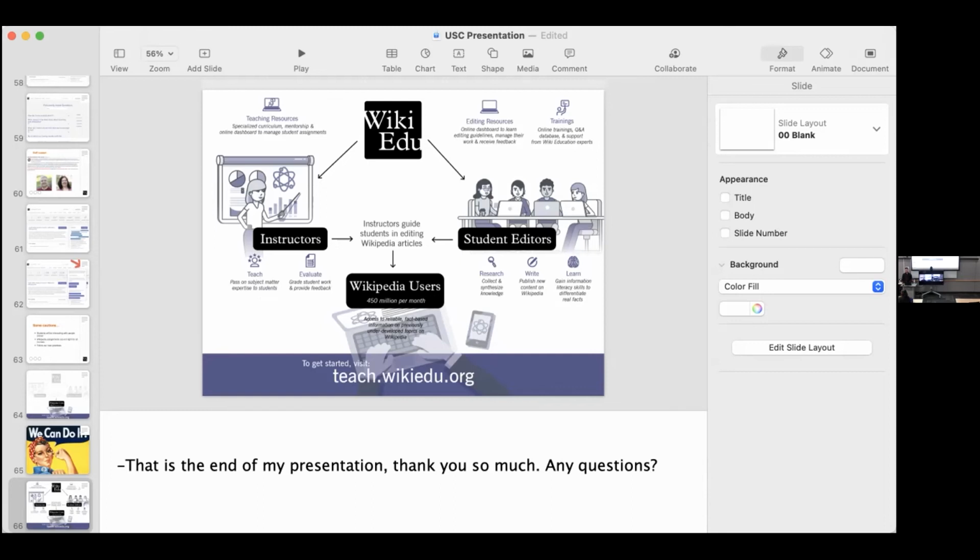Right now, all articles related to the Arab-Israeli conflict are semi-protected on Wikipedia, which means you have to have at least 500 edits under your belt, and your account has to be at least 30 days old. Most of our students can't meet those parameters.